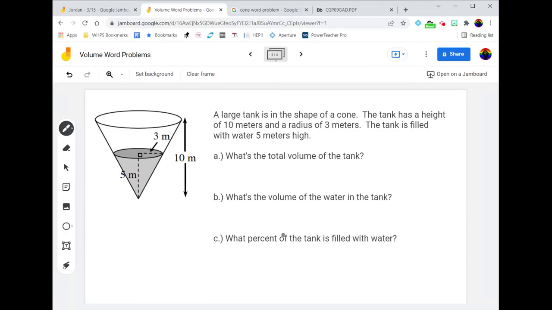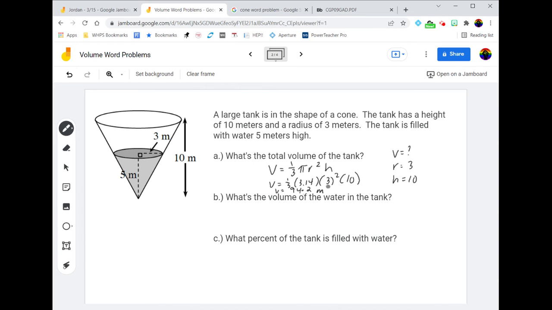So now we have a cone. Let's first start with finding the total volume of the tank. I'm going to use the cone formula, 1/3 pi r squared h. I don't know the volume. I know the radius of the cone is 3, and the height of the whole tank is 10. So the formula I'll be looking at is 1/3 times pi times the radius squared times the height. I'm going to type that into my calculator,